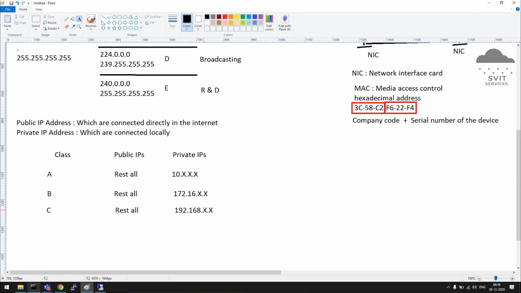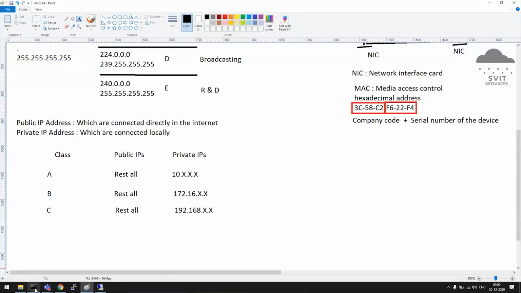192.168.x.x, so anything after that is a private IP. That's why in our lab Wi-Fi modems, or any public Wi-Fi routers anywhere, you see 192.168 mostly. Once you connect your mobile to your Wi-Fi modem, just verify the IP address on your mobile or laptop. You will get an IP address like this. These are connected locally, in a small network within the LAN only. Rest all can communicate directly.